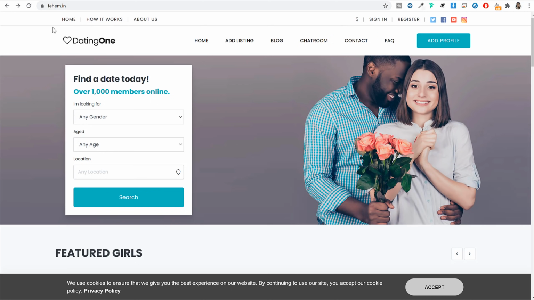For header also, this is one header. There are more than 20 headers available. So if you don't like this header design, if you want some other header design, you can do that as well. And this is your hero section or your search section. For this section also, if you don't like it, you can just change the design. It is all super simple. For example, this is a vertical search section. If you want a horizontal search section, you can have that option as well.